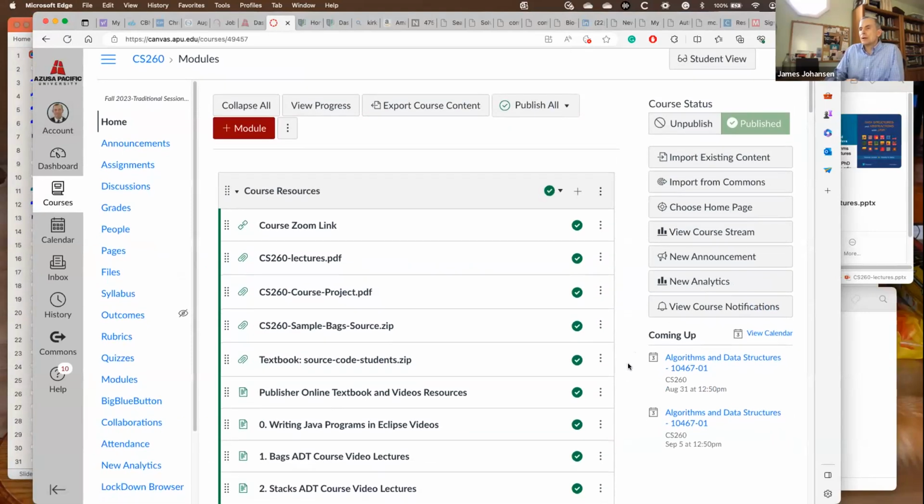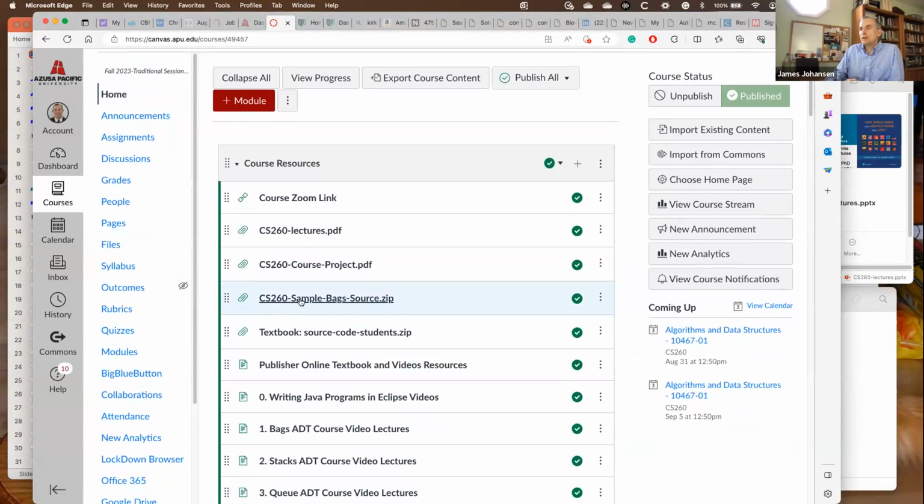Okay, so you want to be downloading two things for the code. You want to be downloading the sample source code. That would be number one. You could also get it from the website, but I went ahead and got it here because the authors and the publisher are trying to make a lot of information available for you. This is all the sample source code that's included in the textbook, and that might be helpful for you, especially in the beginning.